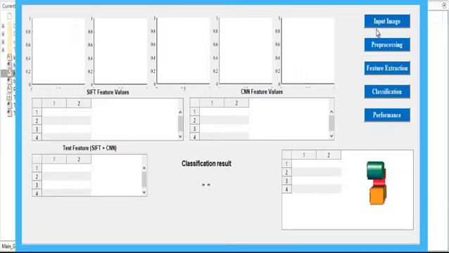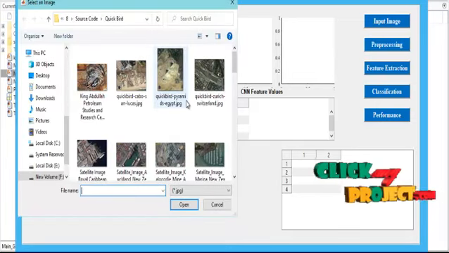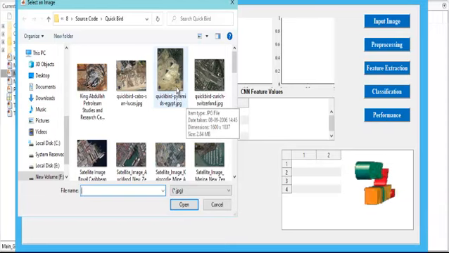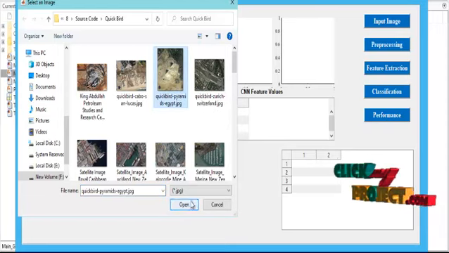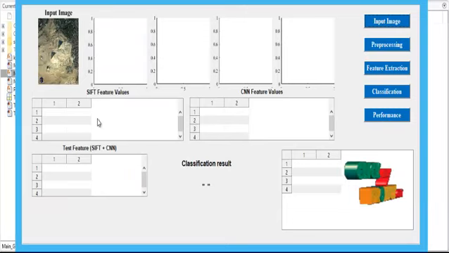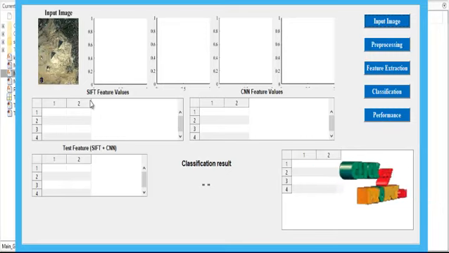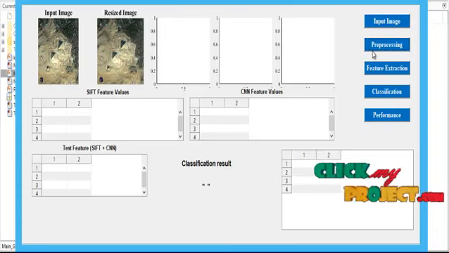First of all, click the button input image. After clicking the button input image, the dataset will open. In that dataset, you have to select any one image from the dataset. After the selection of the image from the dataset, the corresponding image will be shown in axis 1 with the title of input image. After the selection of input image, we move to the second stage of the project, that is the